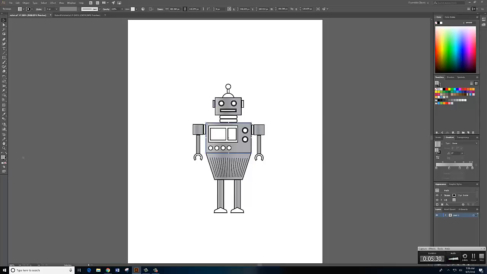His ears were the same. This little part on the top and the antenna. Actually, I think I made the antenna a light gray, so you can just select that and choose one of the lighter grays in your swatches. That one looks pretty good. Okay, so now we're going to